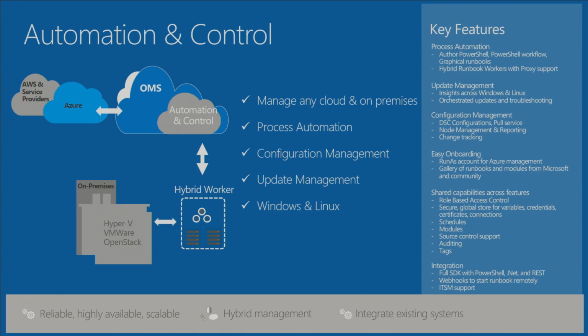There are three main areas that we have invested in around automation and control. The first that we're going to talk a lot about today is configuration management, and that's what we're going to go deep into today. But there are two other areas in the automation and control service that we've integrated all across, and that is process automation. So this is how do you orchestrate all of your environment? How do you integrate into all the management tools you have, as well as all the cloud infrastructure you have,